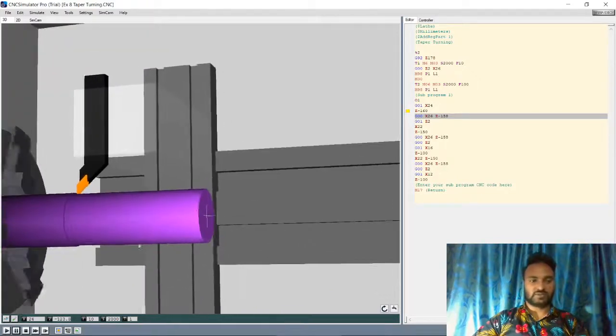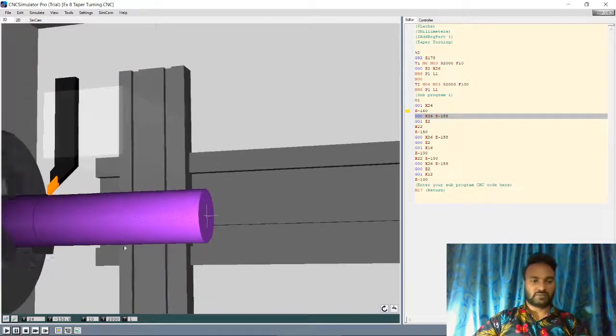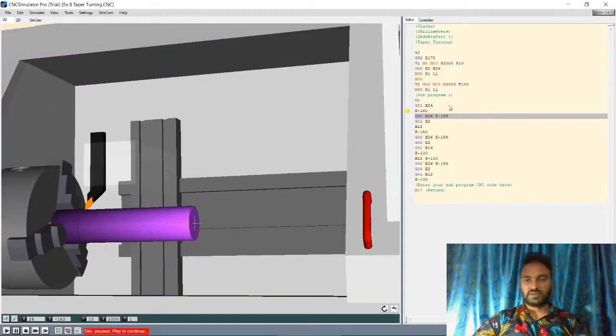See this, G00 X26. Now I am writing M98. I am calling the subprogram, program number 1, P1, and I will repeat that program 1 time. M32, M30.